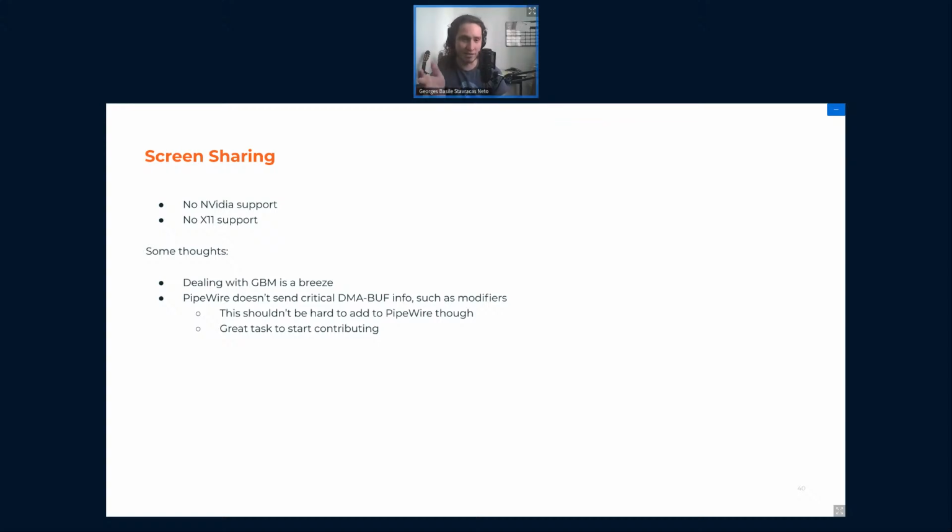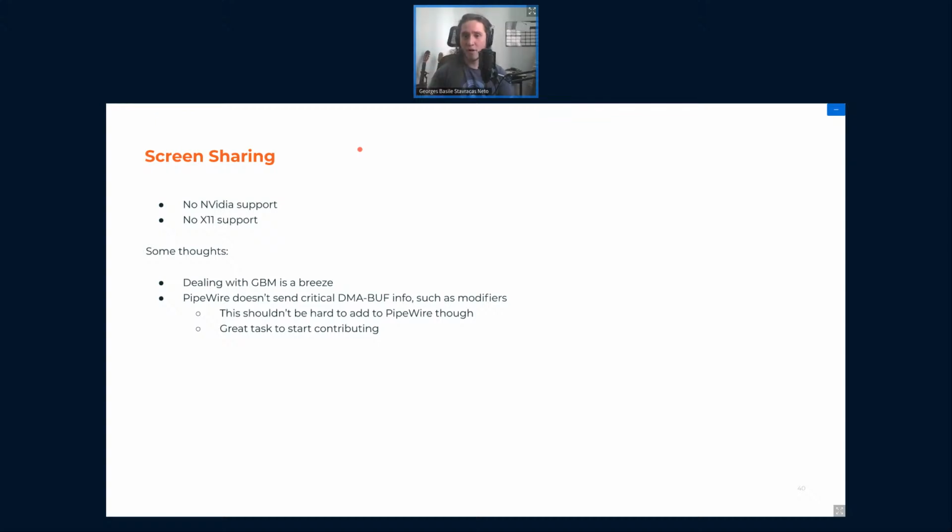The limitation of this proof of concept, right? So what's GBM? It's a generic buffer management API that NVIDIA doesn't implement and everybody else basically implements. It allows me to create buffers on the GPU side. This is what Mutter uses to render itself. It's in the GBM KMS layer. And it's what we use to share the DMA-BUF FDs with Pipewire, which then shares it with whatever client we want.